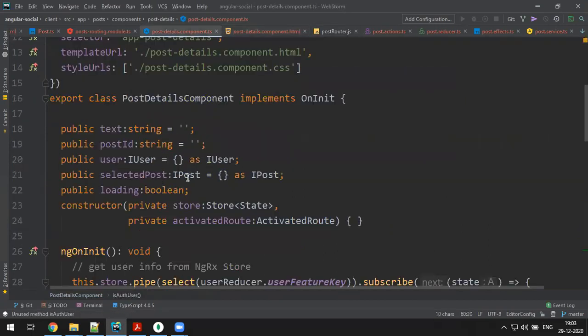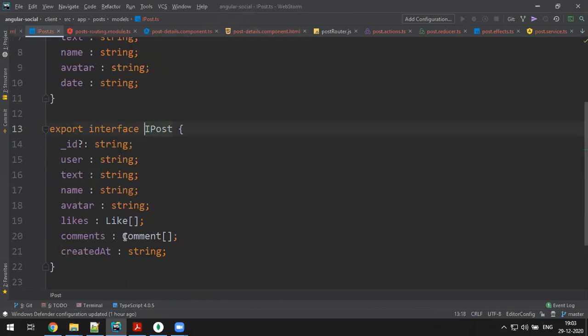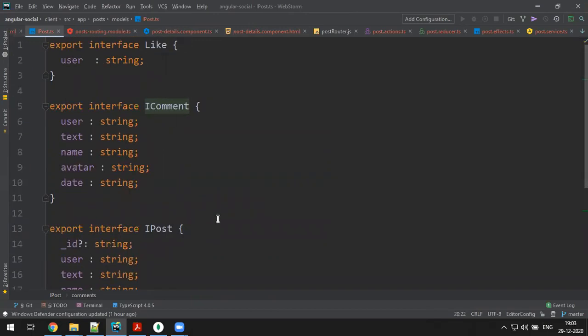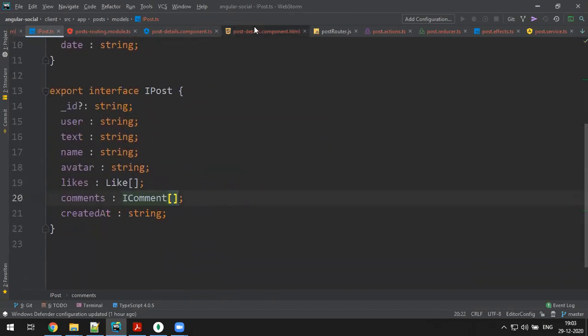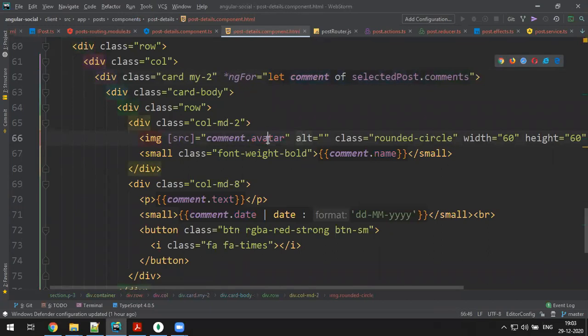If I declare only I post, the I post contains it. Achha, this I comment array. Yeah, this is like only. That's fine. That's the problem. Now I guess it's happy. Oh, okay, okay. This is what TypeScript does, no? If it is JavaScript, it's very hard to find out.